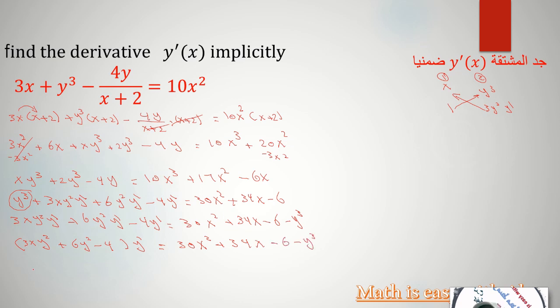Now divide both sides by 3xy squared plus 6y squared minus 4. So y prime equals 30x squared plus 34x minus 6 minus y cubed, over 3xy squared plus 6y squared minus 4. So this is the